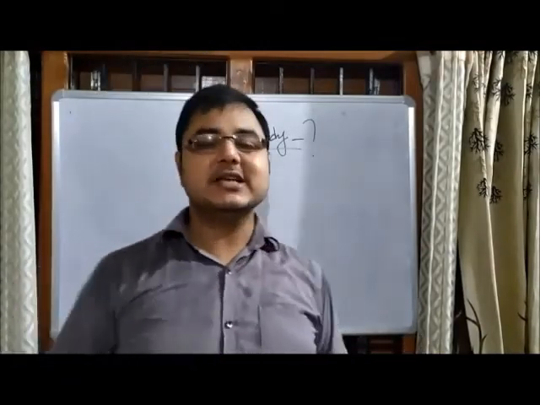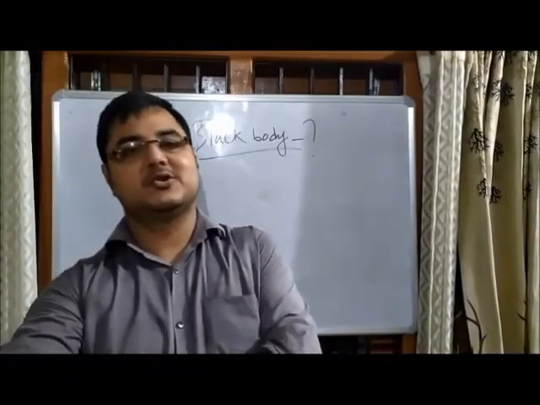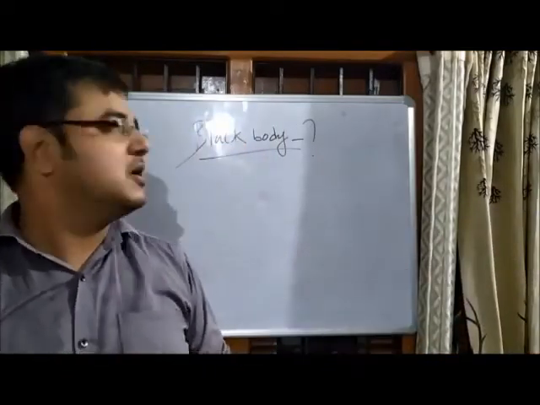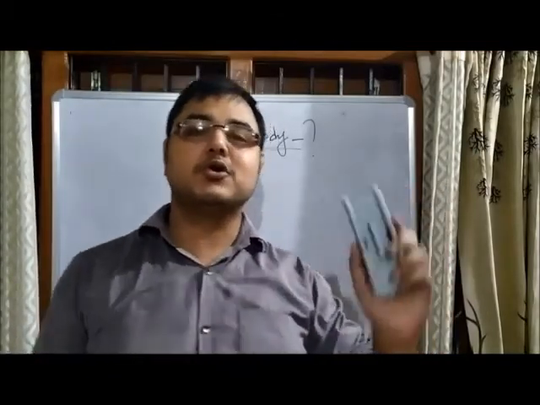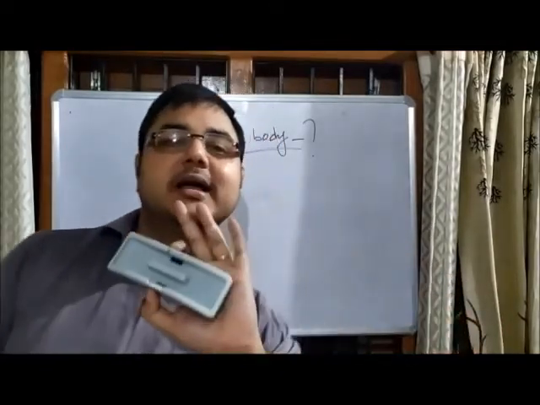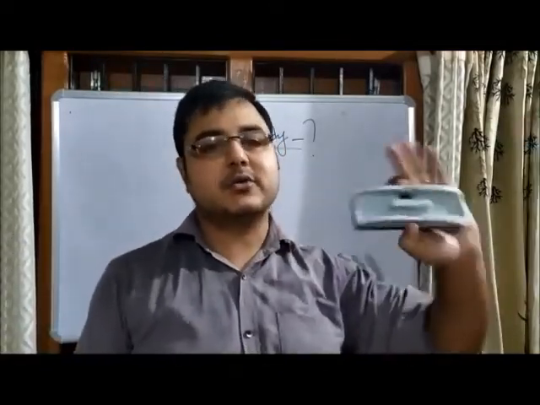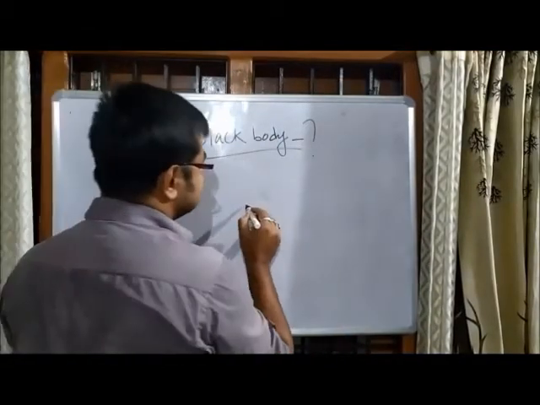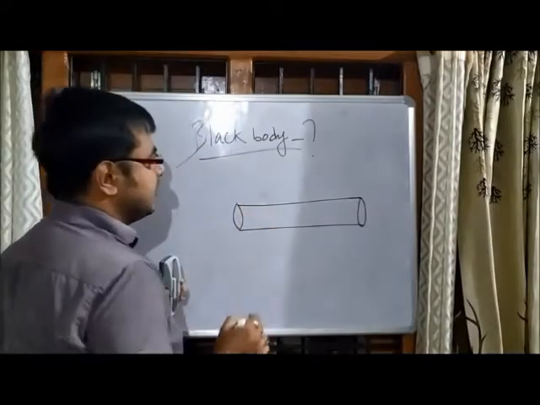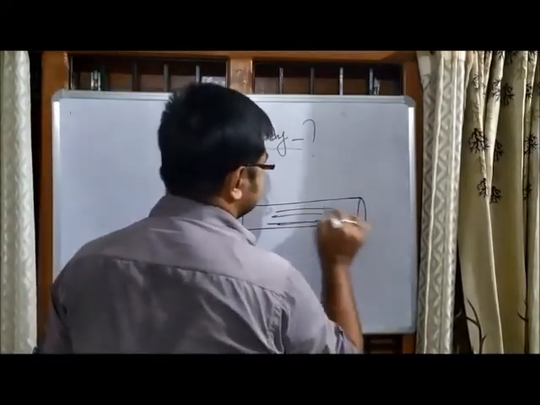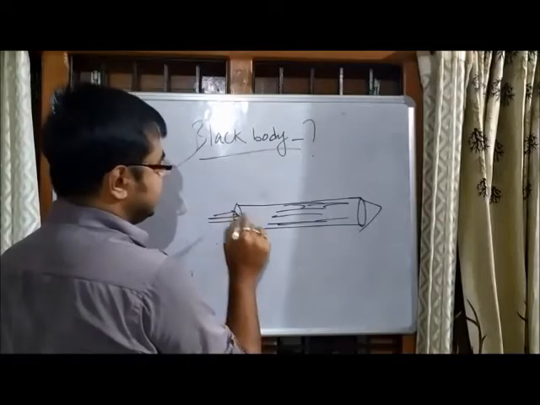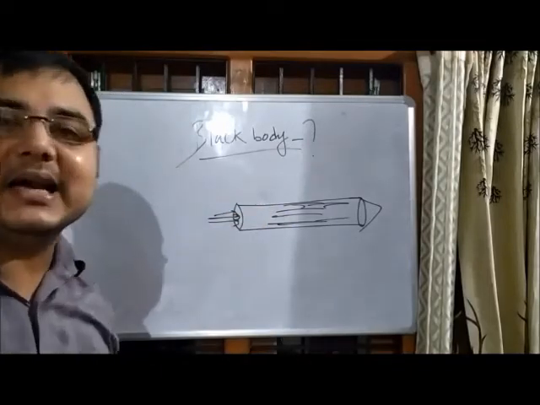But ideally, in this universe, no such body is present. So that's why the concept of the grey body has also come. The grey body is also used, but the ideal black body is a body which doesn't allow the light to get reflected, or doesn't allow the radiation to get emitted. An ideal black body is made simply via a carbon tube. You can take one carbon tube. If we heat the inner portion of the carbon tube, and block this area, and look through this tube, then we will see the conditions of an ideal black body.